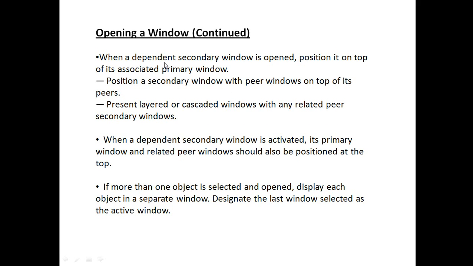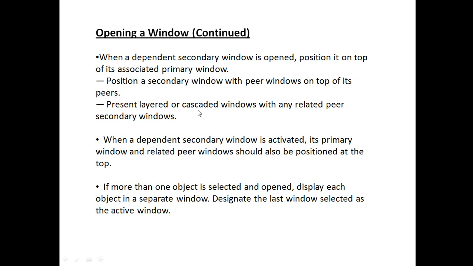When a dependent secondary window is opened, position it on top of its associated primary window, and position a secondary window with peer windows on top of its peers. Present a layered or cascaded window with any related peer secondary windows.